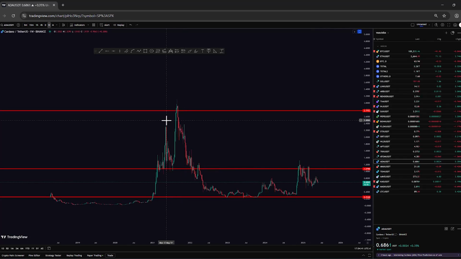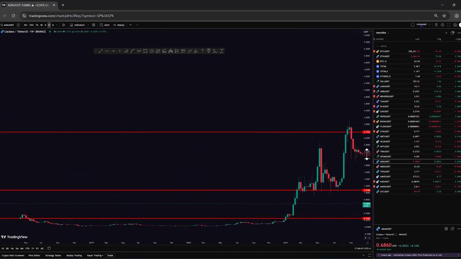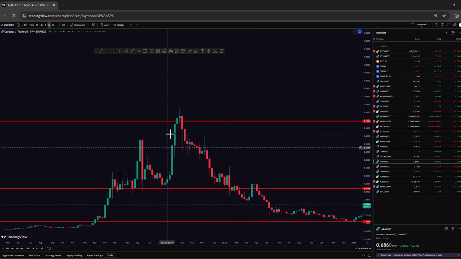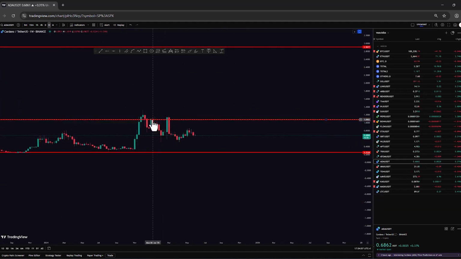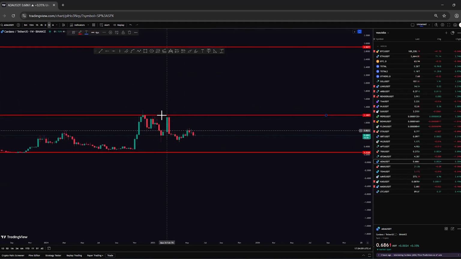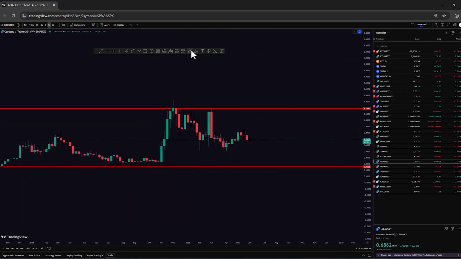For example, if you look here, this line we drew in the monthly time frame, and in the weekly time frame, you see here, this goes higher. Why didn't I count this? These two candles are fake. What's a fake candle? When a price goes up so much and then drops the same amount and the market is so emotional, they call it fake candles. And I don't count these at all.